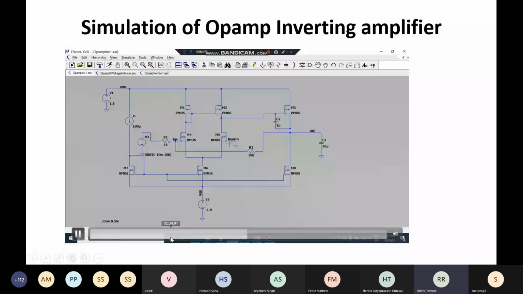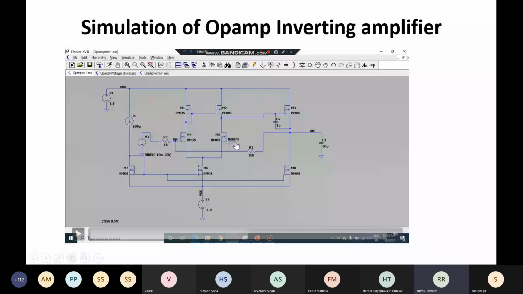Now, let us figure out how do we know which terminal will be inverting and which one will be non-inverting. Okay. So let us suppose that I connect an AC signal at the terminal I have identified as non-INV. Okay. So I connect an AC signal at the gate of transistor M5. Now the source of this transistor NMOS M5 will be at AC ground, right? Being differential input. So the source will be at AC ground. We are applying AC signal at the gate and expecting output from the drain. So it is working as a common source amplifier, right?